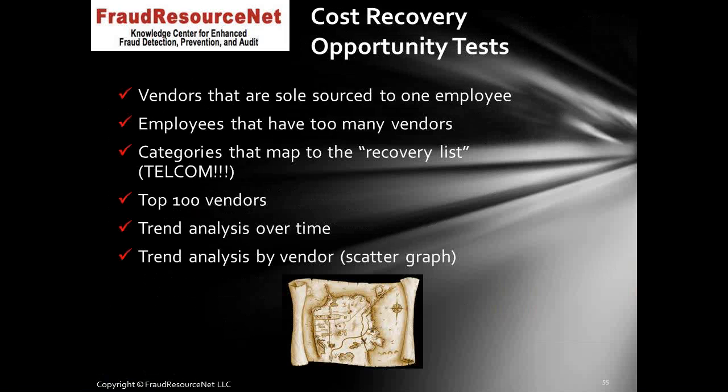We had the cost recovery opportunity test too. If you start finding vendors that only have one account or one person using them, it's like a sole source to that vendor, and you can figure that out with a pivot table. You just summarize by person and vendor, and you can immediately see who's only working with that vendor. I think you have an opportunity to look for money. One area we noticed was people had a lot of mobile phone usage and were putting their mobile phones through on the expense report,